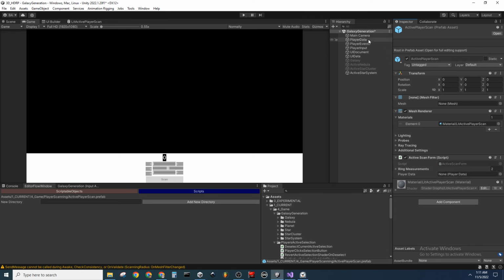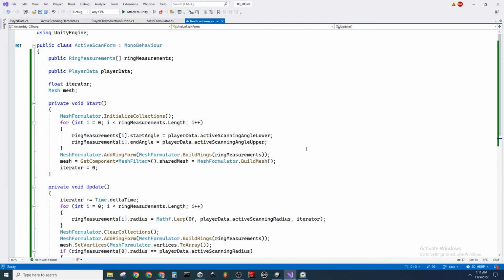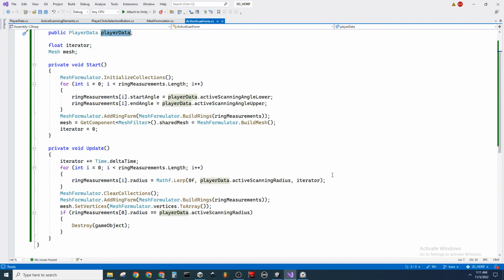Oh, it's not actually taking the player data object. So I can't just plug in the player data. Player data will have to come from